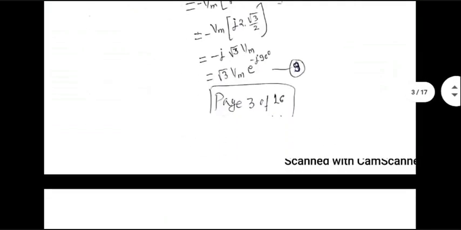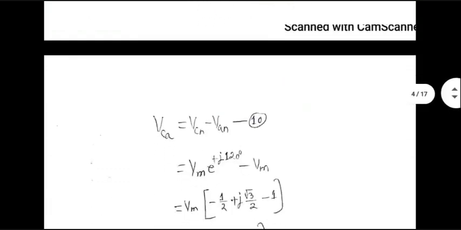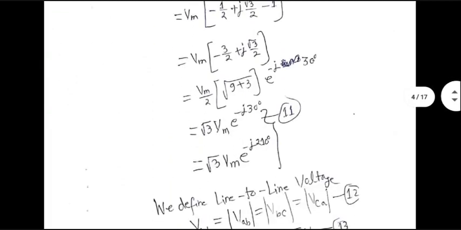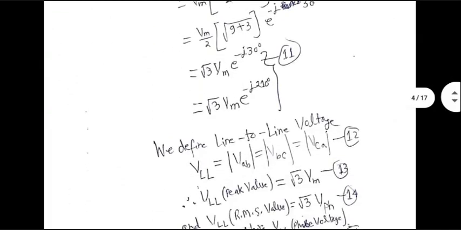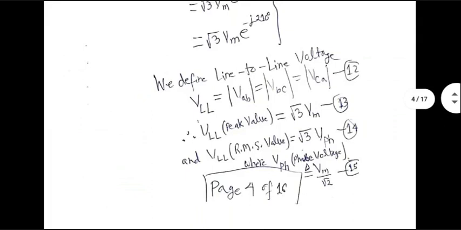And for unbalanced systems or for lossy systems, etc., things will not be exactly this. They will be quite different. There, it is impossible to predict. You'll have to do actual calculations for a given case. Anyway, in this ideal case, at least, you see that the magnitude of line voltage VAB, line voltage VBC, and line voltage VCA are all equal. And they are equal to square root of 3 Vm. That is defined as the line-to-line voltage magnitude, of course, a peak value.